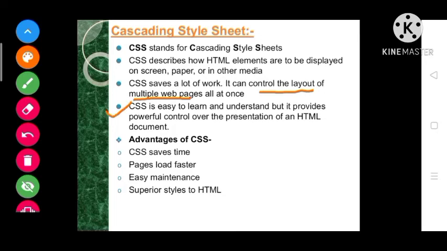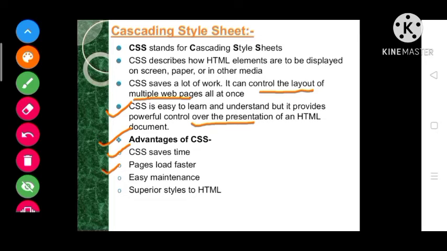CSS is also very easy to learn and understand, but it provides powerful control over the presentation of an HTML document. Some advantages of CSS are also given. First one, it saves our time and our work.